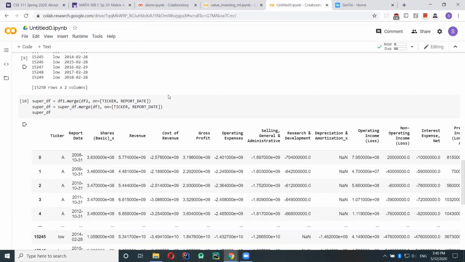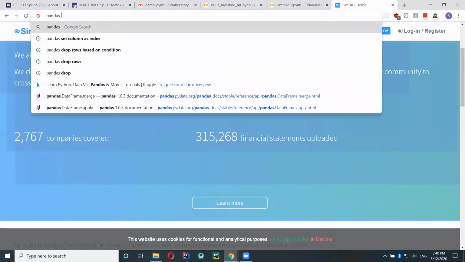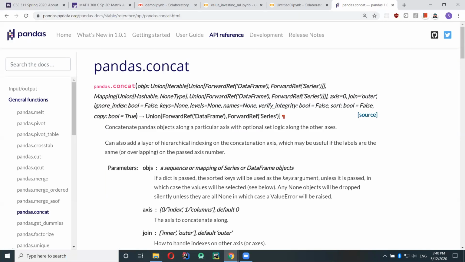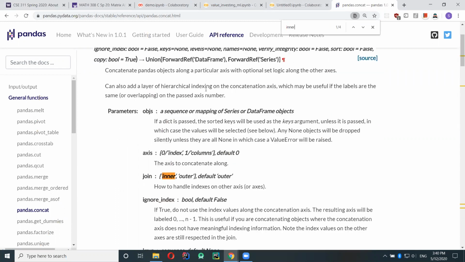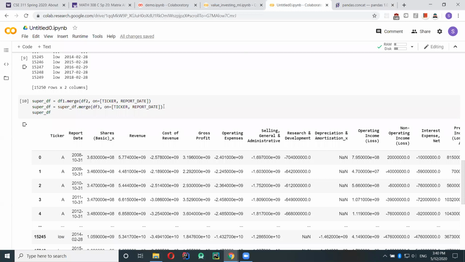I'm not sure if you can do inner join on concat. Yeah, let's check that. It probably will work, but the thing is this data is actually pretty good, but in real life it may not be. Yeah, I could try that.